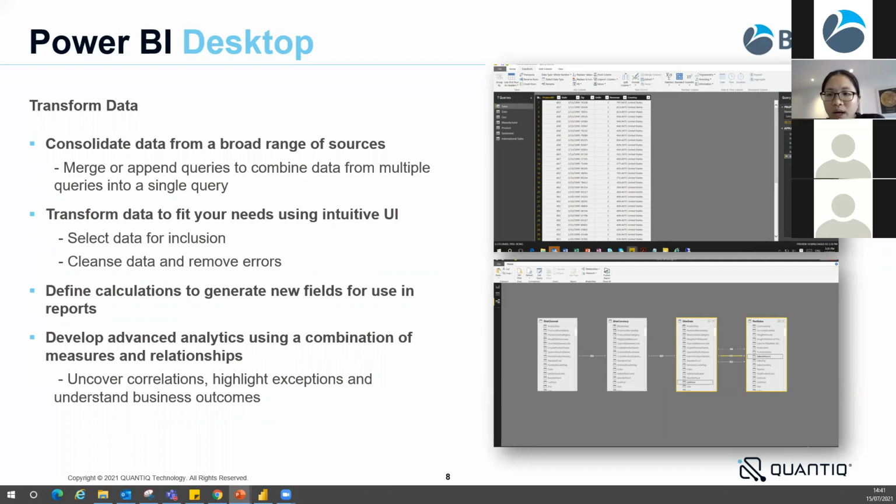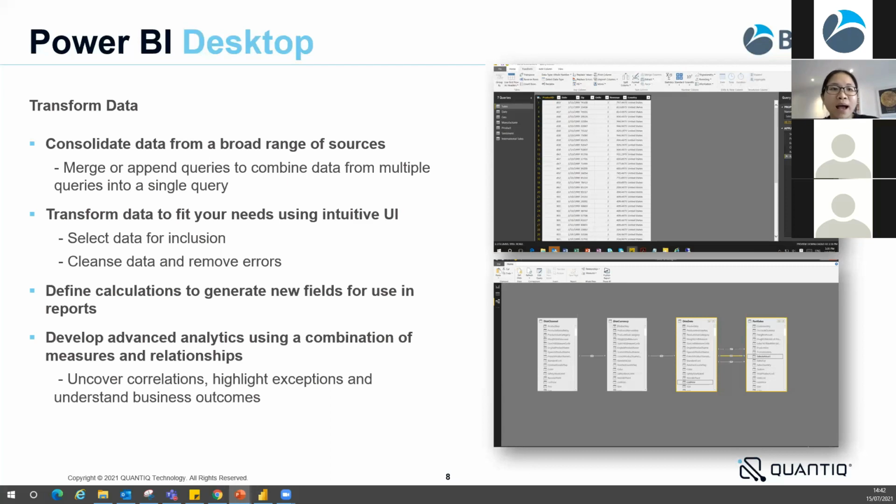You can also define calculations, which are known as measures in Power BI, to generate new fields to use in the report. These measures create new information from existing data in your model, and they are used in some of the most common data analysis, like sums, average, minimum, maximum, top N, counts, or many more advanced calculations that you create for yourself as well, using a DAX formula.